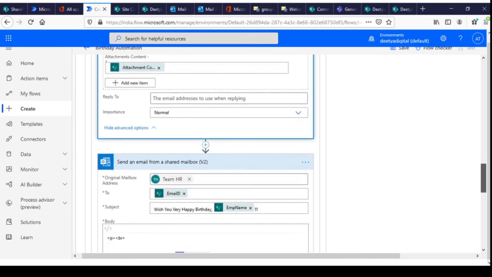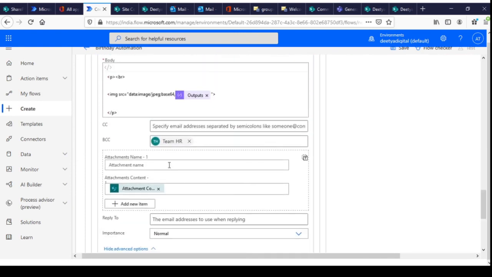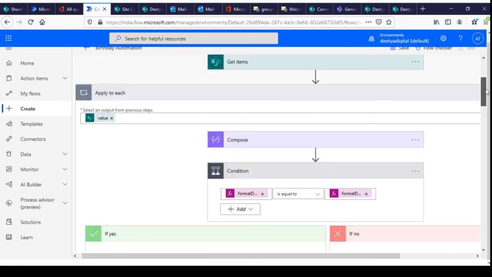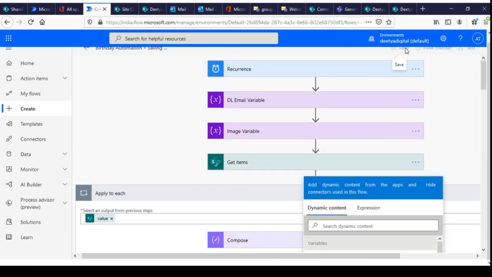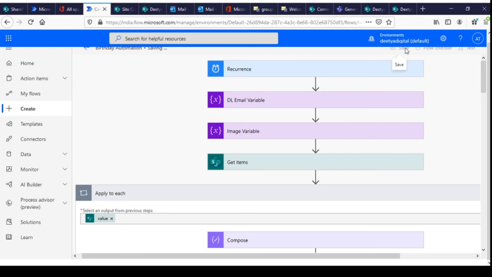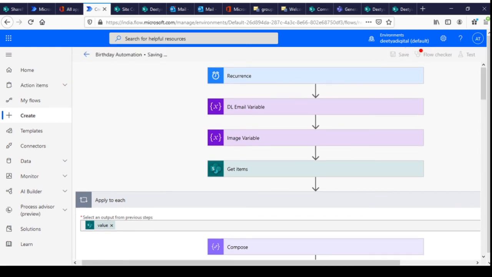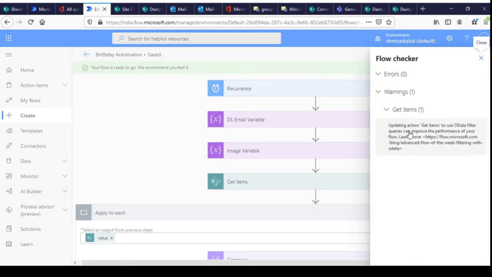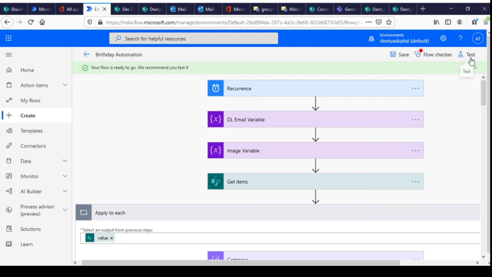Where is that? So, birthday. That's it. I will save it. It's saving now. There are some warnings, so let's ignore that. Let me test.